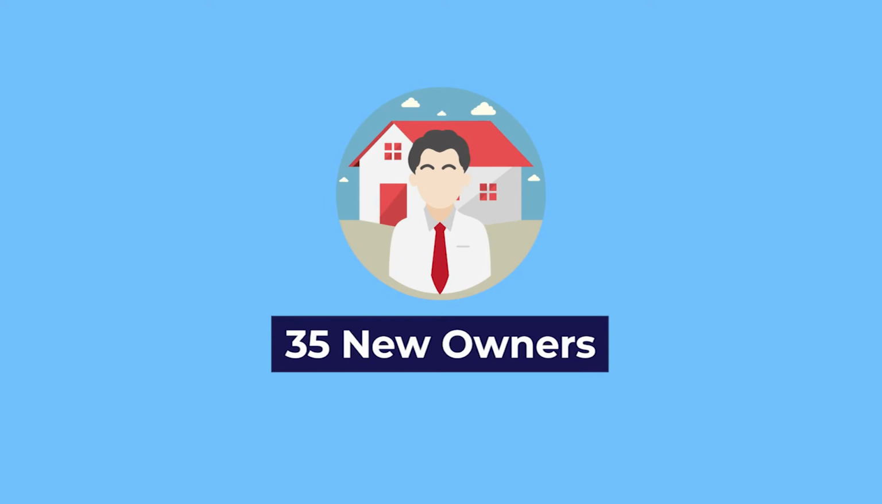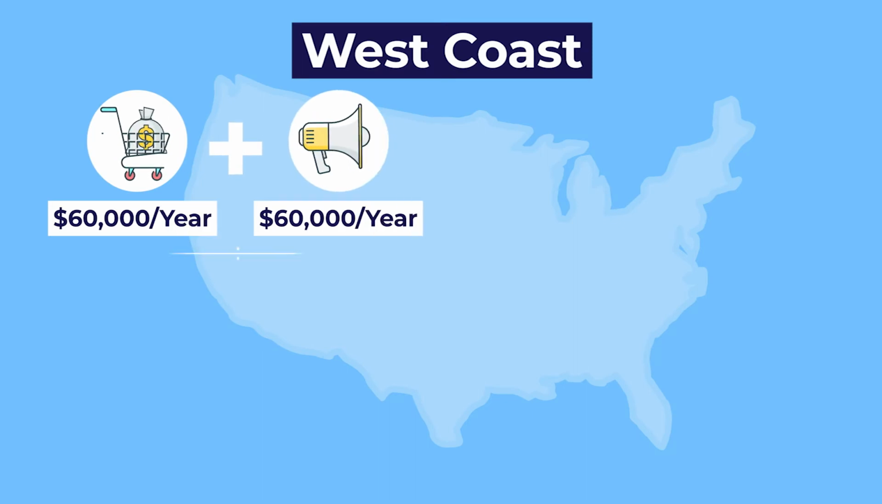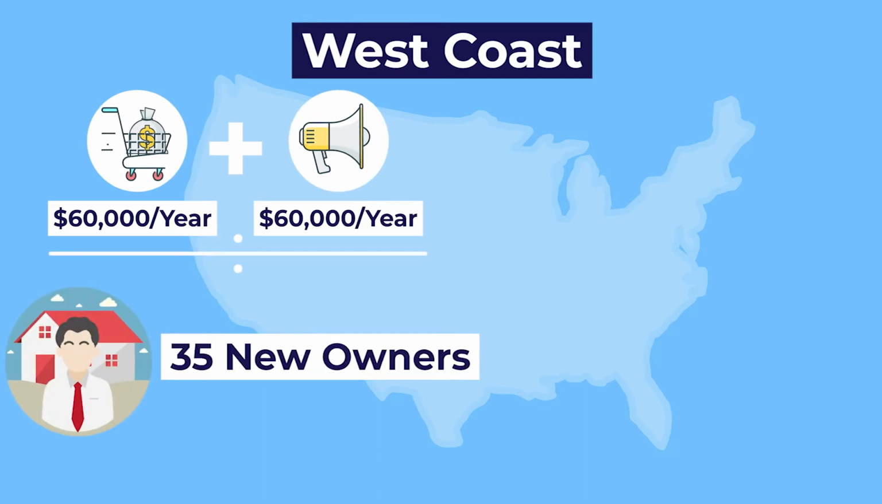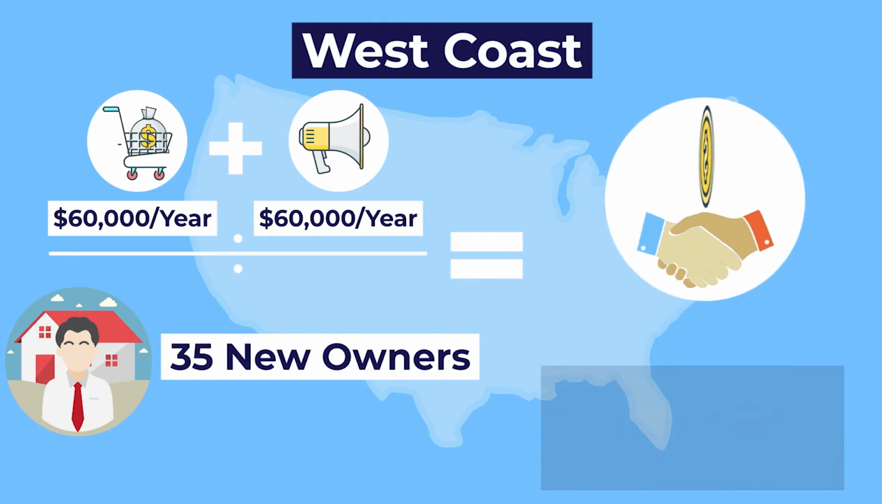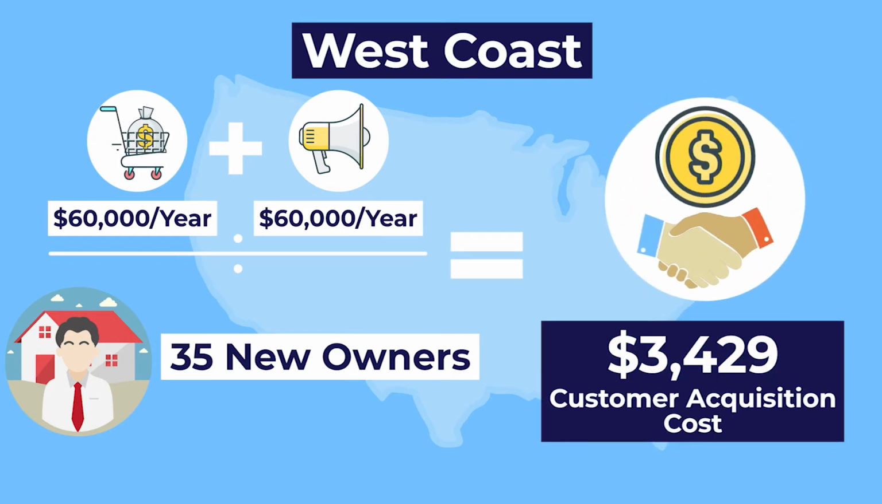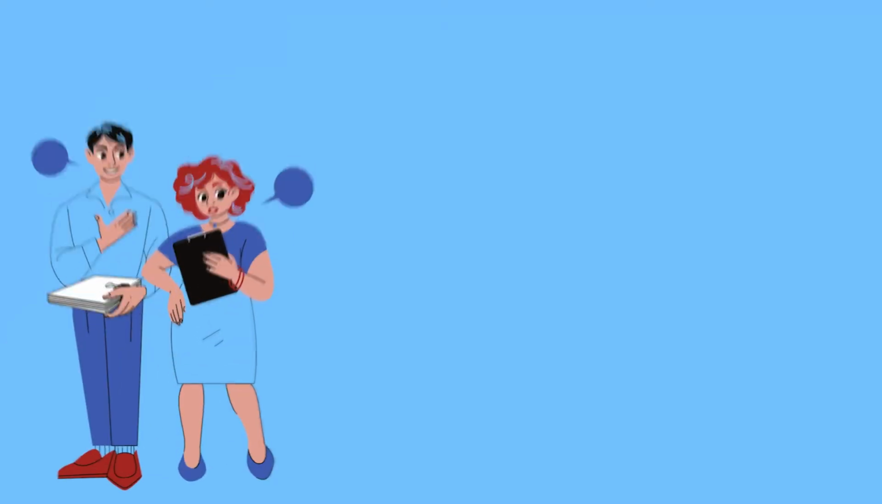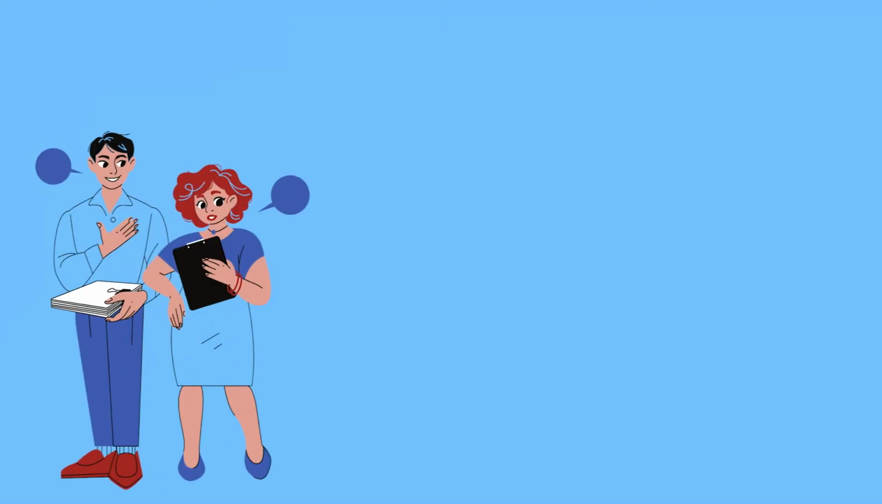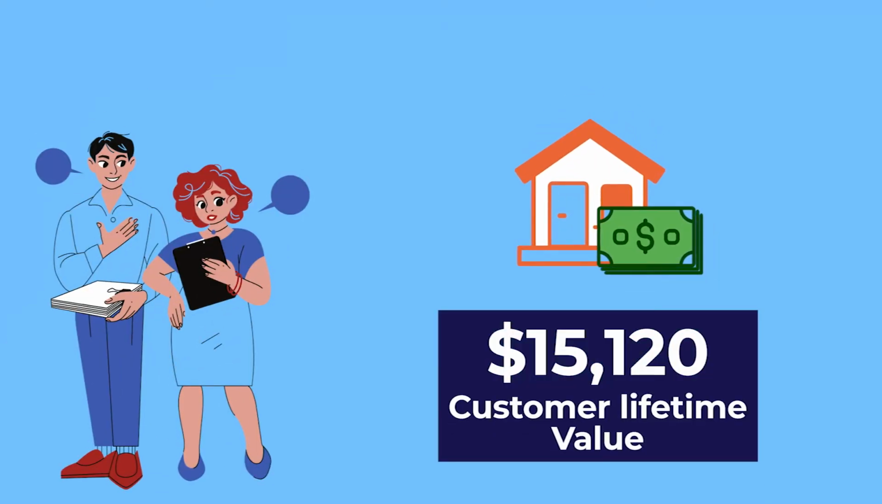To calculate your CAC, add your sales and marketing expenses and divide by the total number of new owners acquired in the last year. This means your CAC will be about $3,429. If that number looks a bit scary, don't forget that the CLV of that owner is